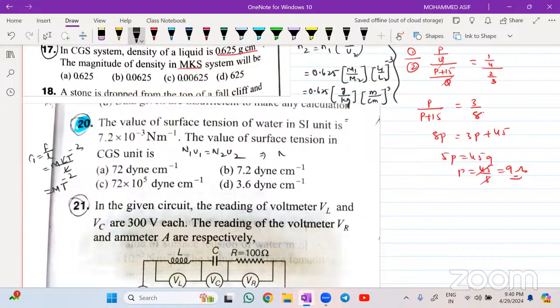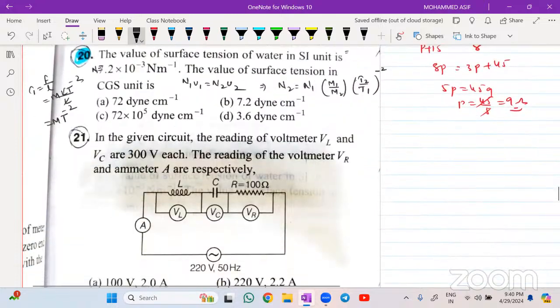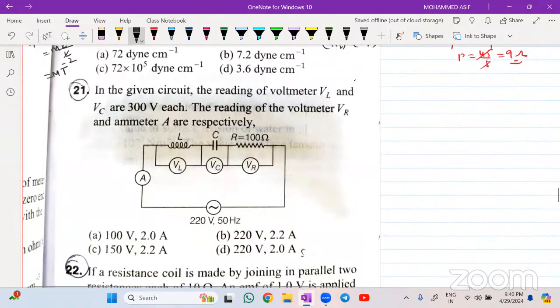I need to get the value of N2, so N2 value will be equal to N1 into M1 divided by M2 into T2 divided by T1 to the power of minus 2। ठीक है ना? तो सिंप्लीफाई कर लो, write the values, will get the answer। N1 value is given in the problem, N1 is equals to 7.2। I hope you can do that one बेटा। चलो करना बेटा, मैं पूरा करते नहीं बैठ सकता बेसिकली, so please try to do that one at any cost।